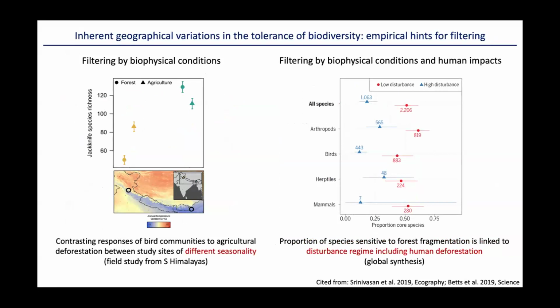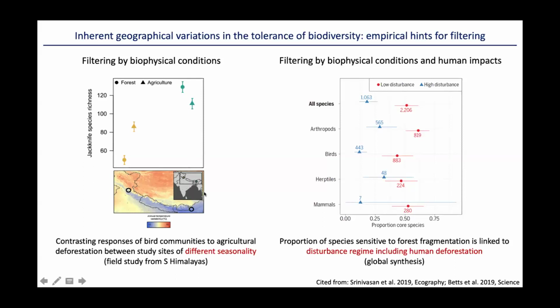So the authors were looking at the impacts of deforestation by agriculture on forest birds. They did surveys in two study sites that differed in the extent of seasonality. In the eastern Himalayas, the seasonality is pretty low. In the western Himalayas, the seasonality is pretty high in terms of annual temperature change. And for each site, they conducted surveys of bird communities in the agricultural landscape as well as in the forest